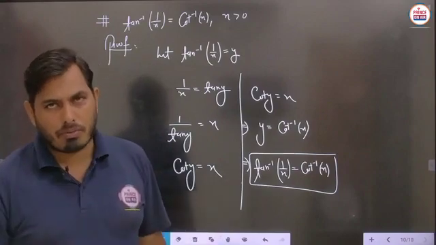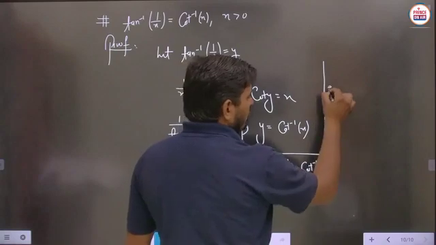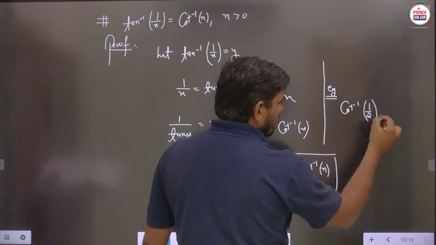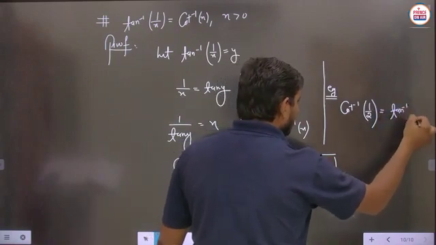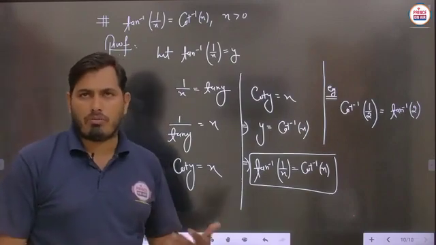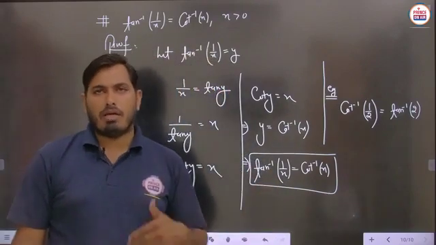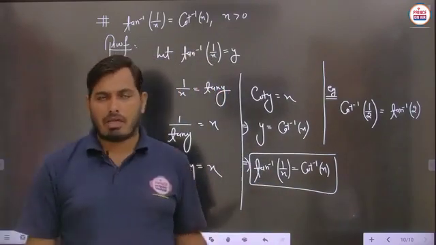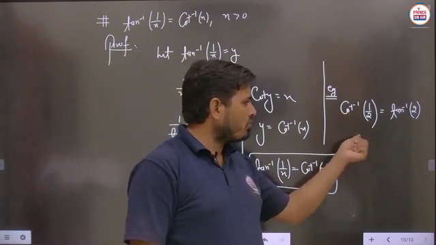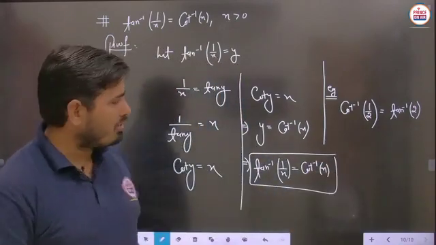I think there should be no problem, but we have to keep in mind the basic conditions. Suppose we have to write cot inverse of 1 by 2, then definitely, students, you can write this as tan inverse 2. You know very well about the formulas of tan inverse, and we will also discuss these formulas: tan inverse x plus tan inverse y, tan inverse x minus tan inverse y, sin inverse x plus sin inverse y. These formulas are to be used again, but before that we have to convert this cot inverse into tan inverse. Is it clear? These things we have to keep in mind, and according to that we give the answer.